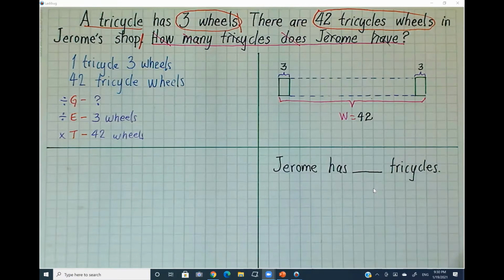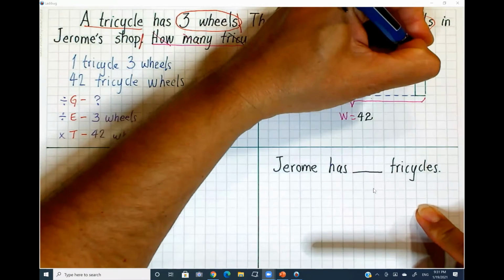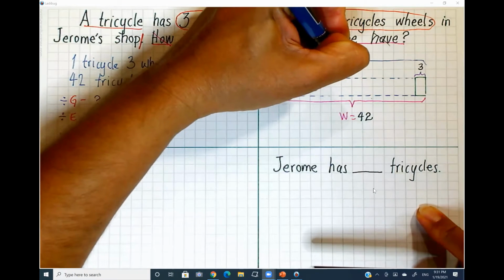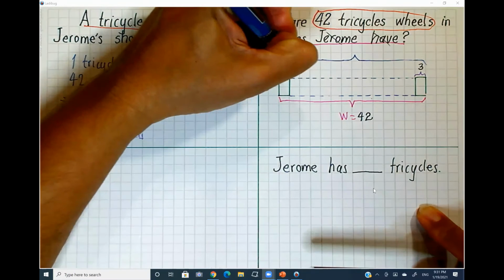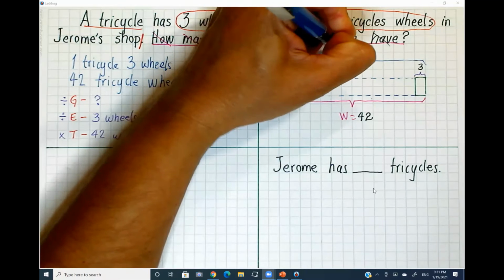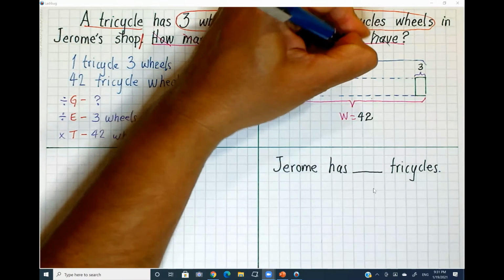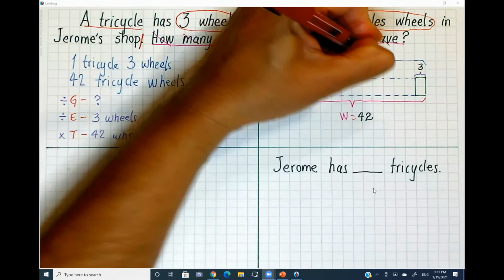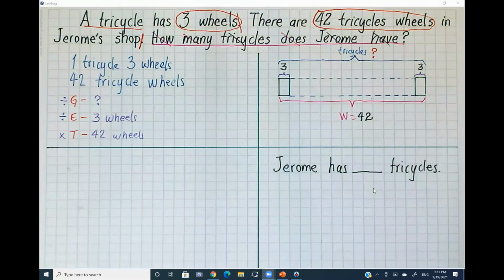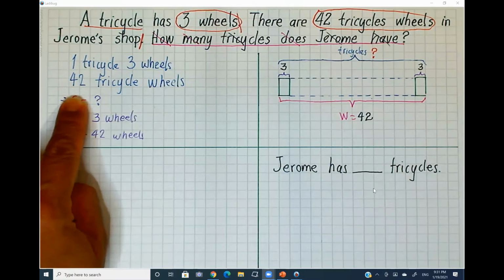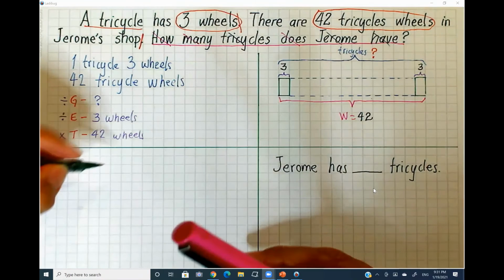In this case, I'm going to have another bracket that may look like I'm trying to find the whole, but it's not actually the whole. It's how many tricycles do I need. So this one is going to be tricycles, and a question mark because I don't know how many tricycles we have. I'm trying to find that, and that's the number of groups. Now, because of my picture, and I know I have to find the groups, that's telling me I need to do division. 42